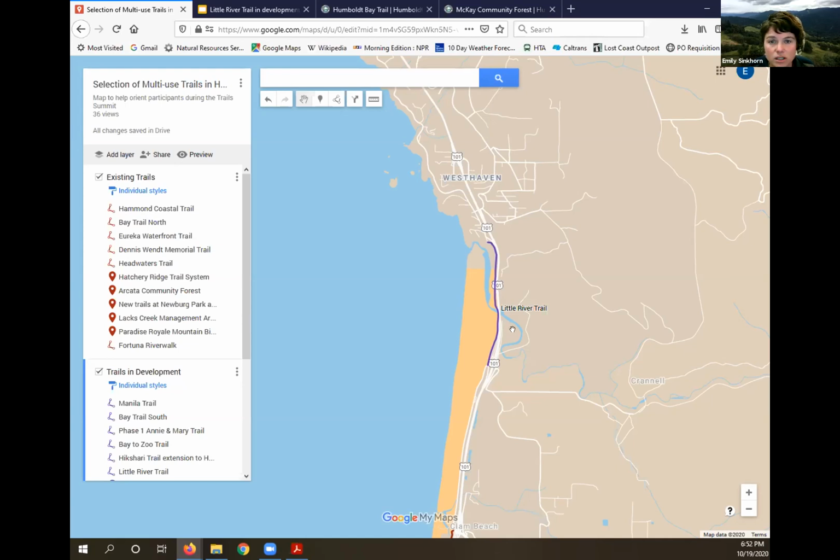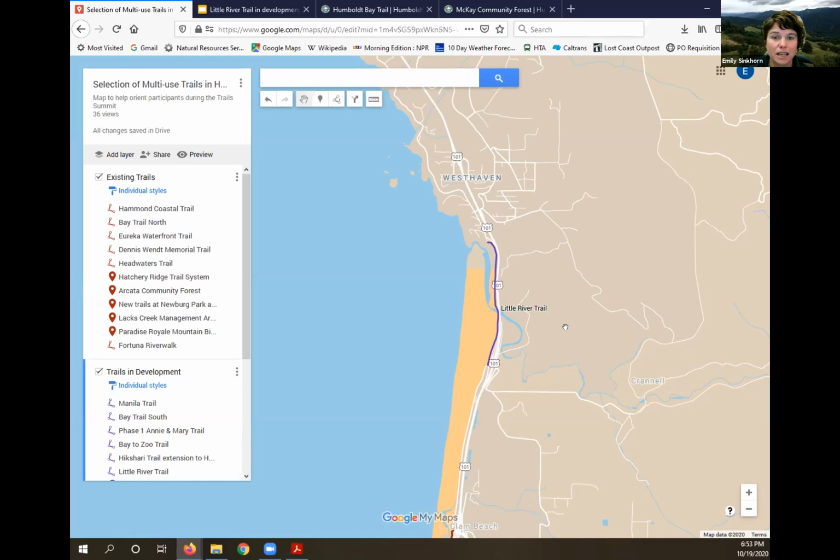It's also where pedestrians are allowed on this section of highway because it's the only way to cross the Little River. And for many years, RCA partnered with local community members to pursue completion of the Little River Trail. After numerous studies trying to figure out who could be the lead agency for this trail, a collaboration was formed with Caltrans District 1, where RCA has received grant funding from the State Coastal Conservancy to lead the environmental documentation and preliminary designs for the Little River Trail, but in collaboration with Caltrans, as they would